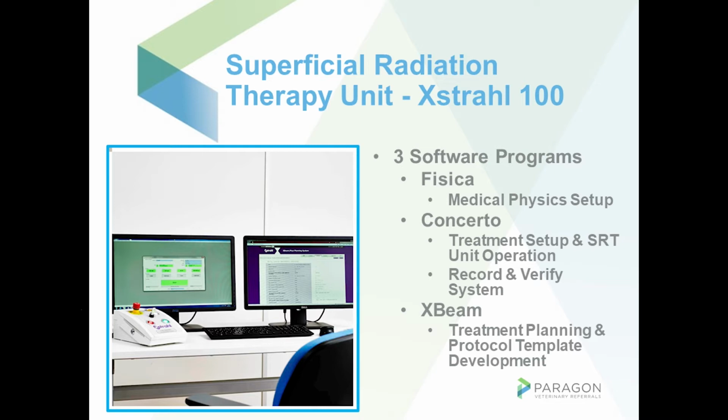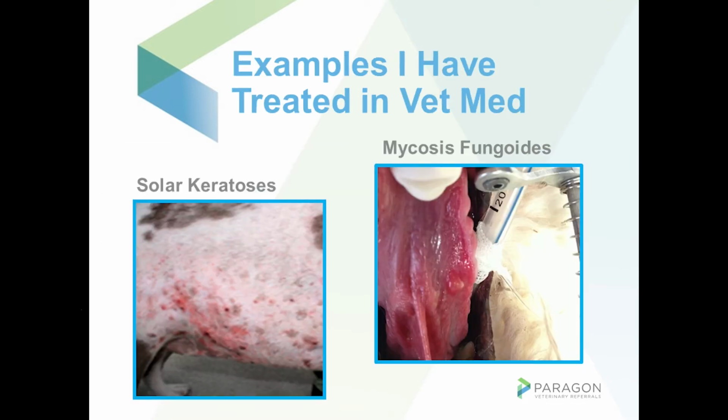ACVIM is basically a treatment planning system where you can develop protocol templates for certain types of tumors that we often see and are repeatable. Very useful program. A couple of other things that we do: solar keratoses